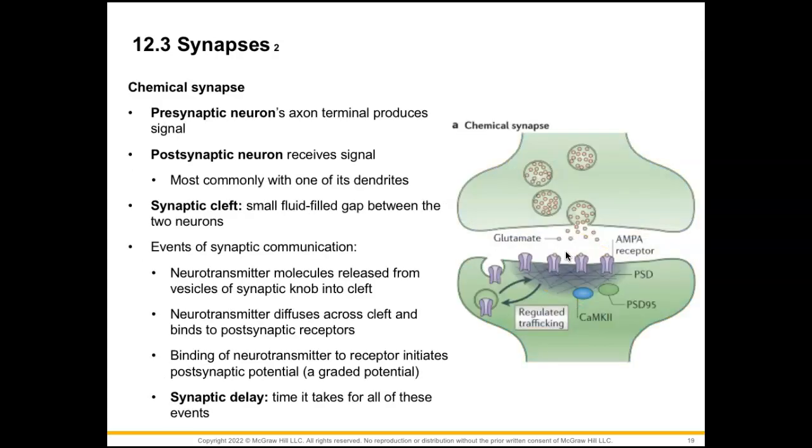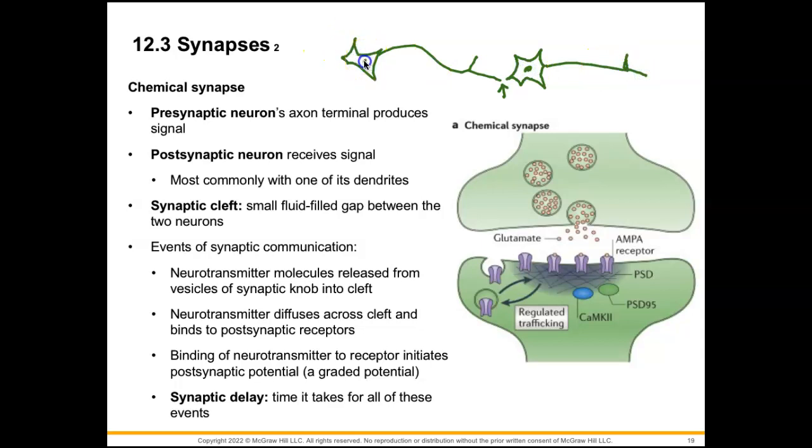Now for our chemical synapse, it's quite different. This is our first neuron, neuron A. So the site that we are looking at, and I wish I kept my picture from before, but the site that we're looking at is at those axon terminals, specifically at the synaptic knobs. So this area right here. And we're going to draw in like a dendrite from neuron B here, in which this information is going to